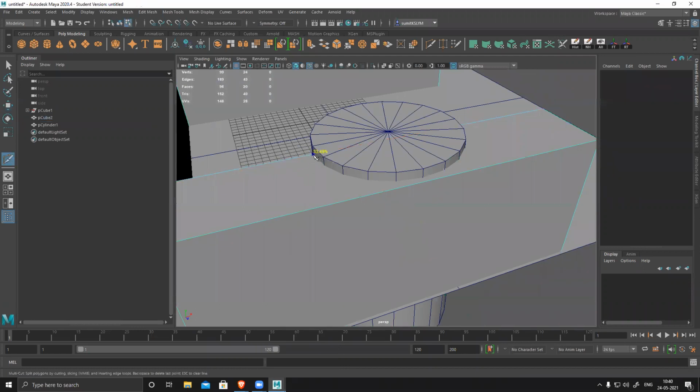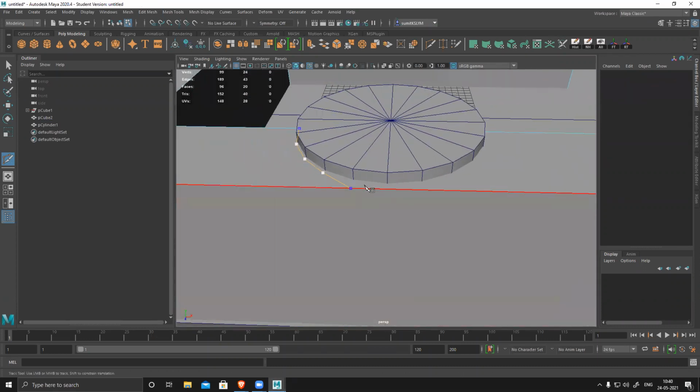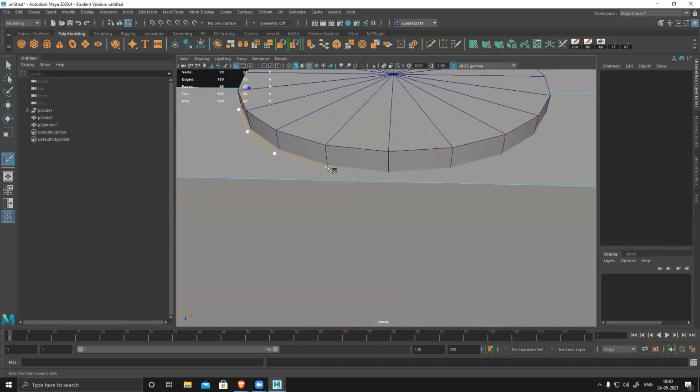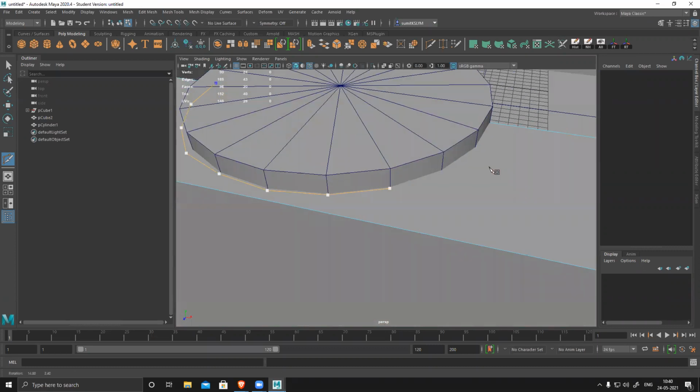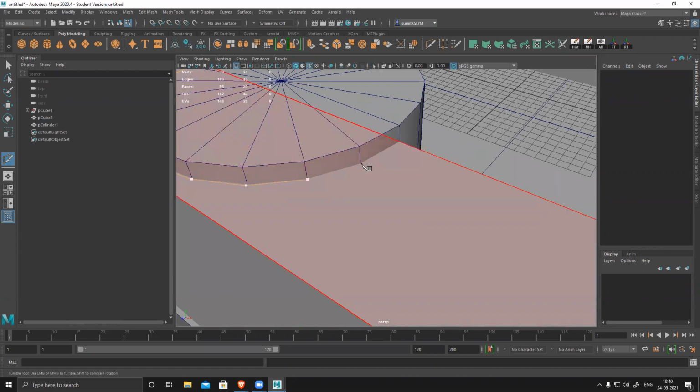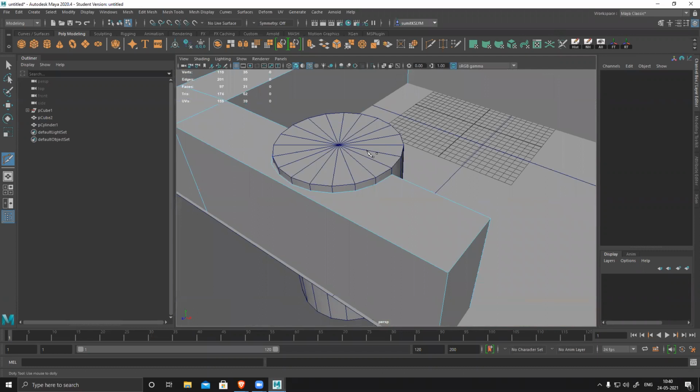Multi-cut. I can do boolean also. I can do this, or